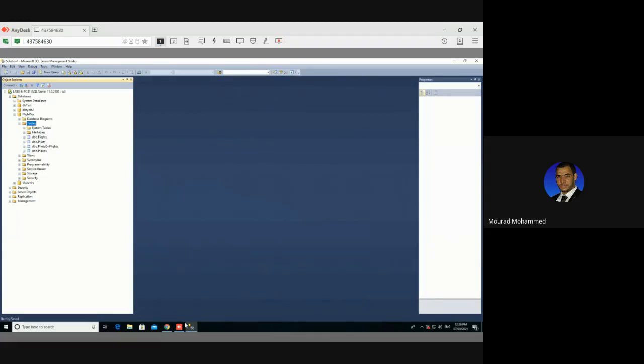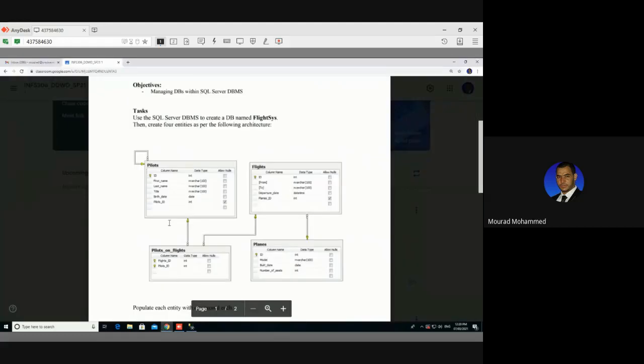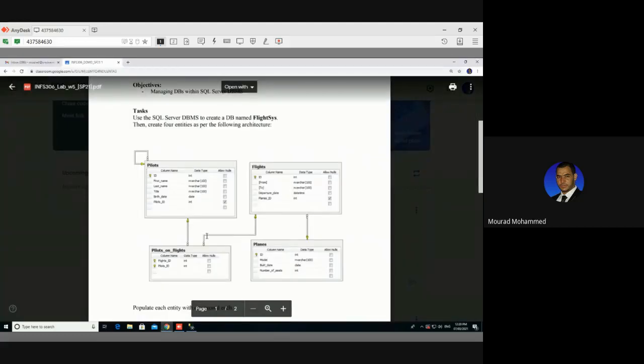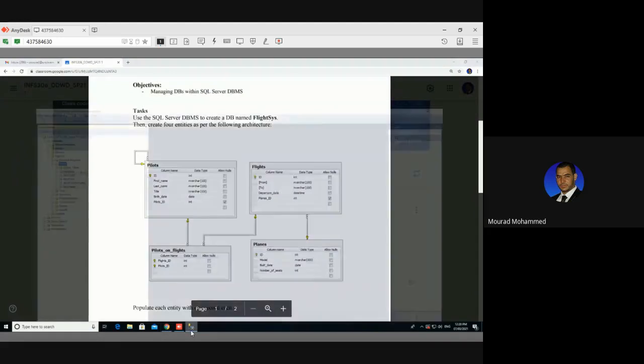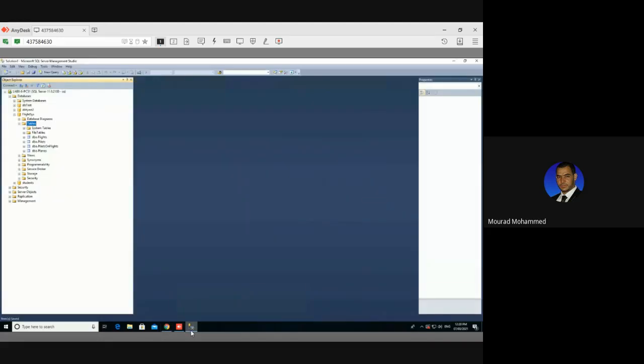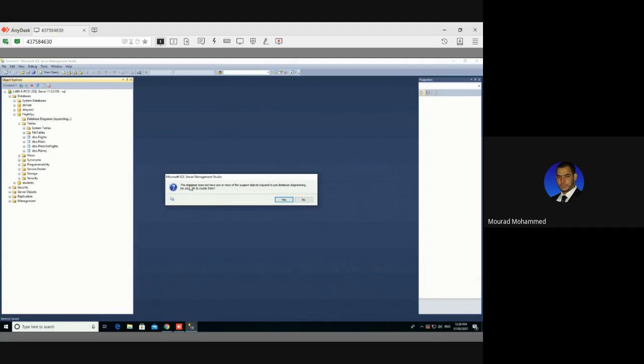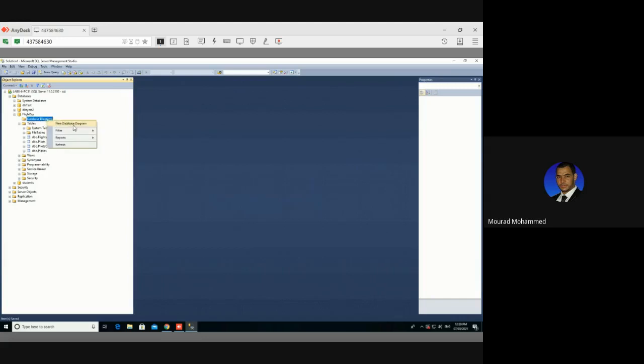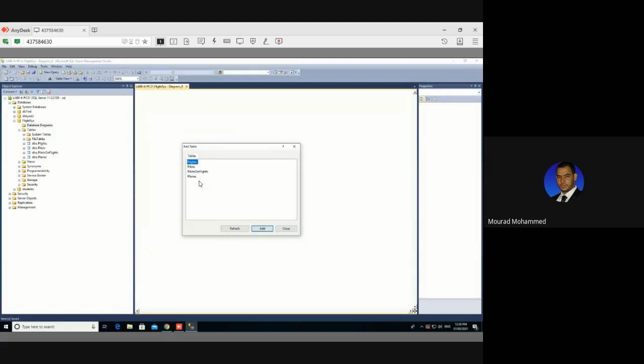So, okay, I'm gonna generate the list of relationships here. Those lines here. I'm gonna generate actually here for the purpose of this learning only. Database diagrams. We have it here. We have database. I'm gonna expand. No, we cannot. It's empty. This is an informative message. I'm gonna say yes. Here, I'm gonna right click, new database diagram, and we have the four